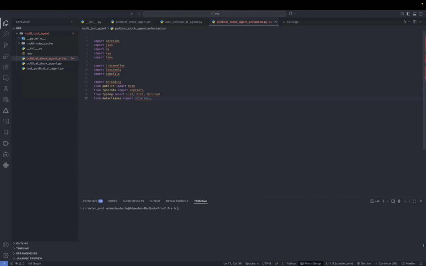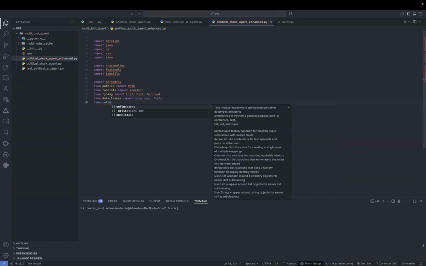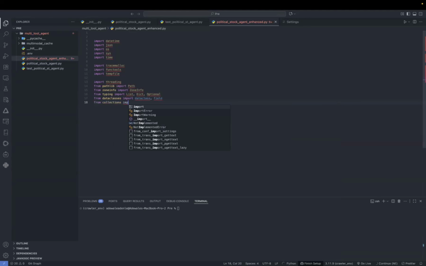Data class, we need the field, and we need the collection module, and we just need a default data class from that. I think that's basically other helper libraries in it. And going into the crux, we can actually start importing our Google ADK agent class, the